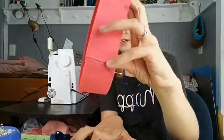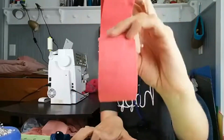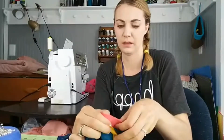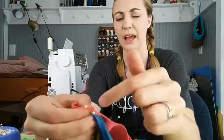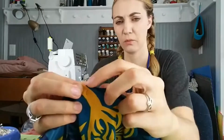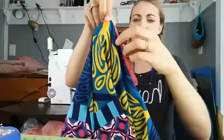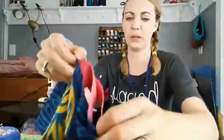Talk and work at the same time. Okay, 4 sections, 4 sections, and now with the right side of the elastic, so that's the side with the seam, this is the right side, I'm going to line this up and match up all the pins. So this pin of the elastic is matching up with the pin of the skirt, and I have the raw edge of the scarf with the edge of the elastic. So I pin one in, and one of the pins is extra and you can put it back. So then I go to the next section,